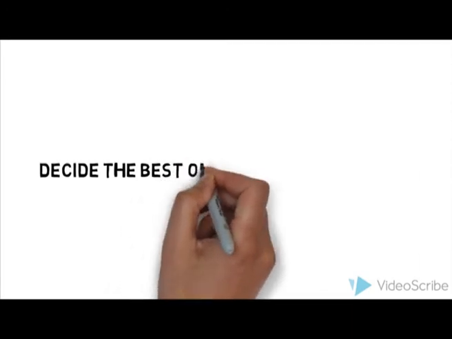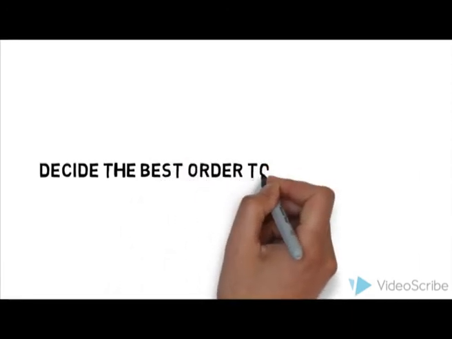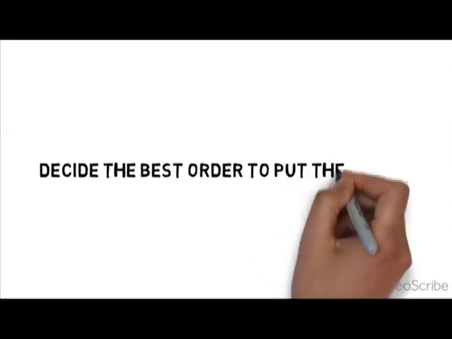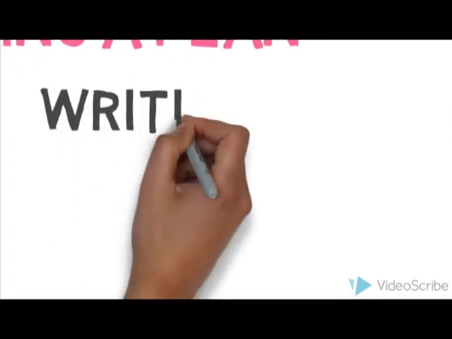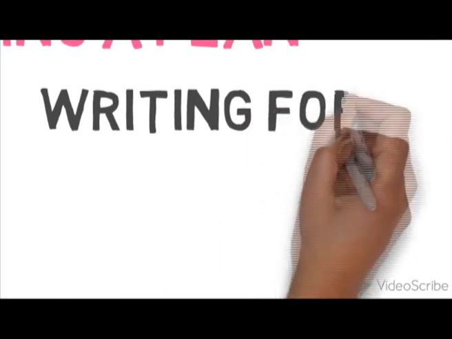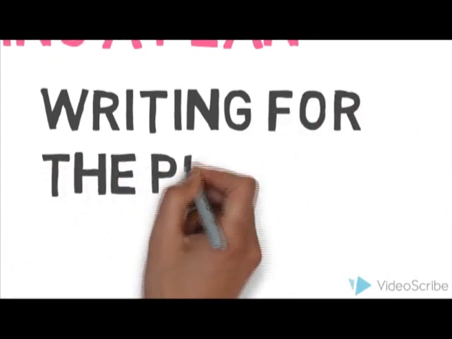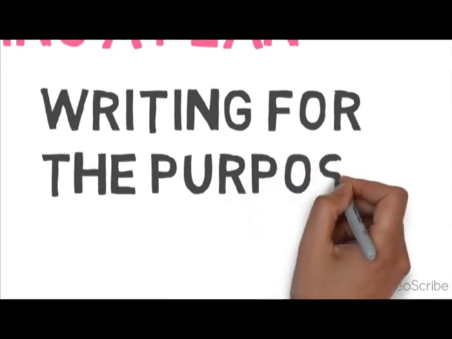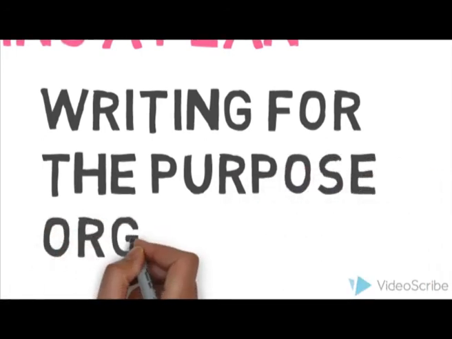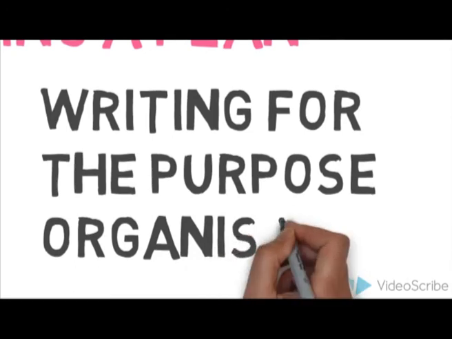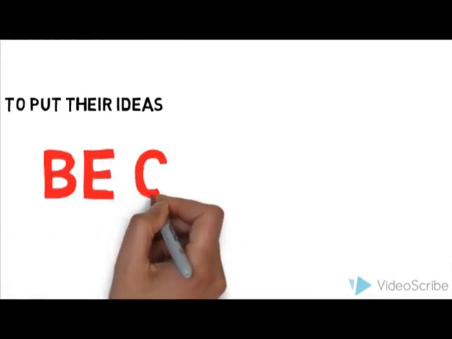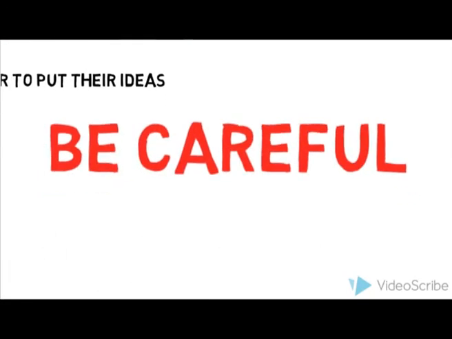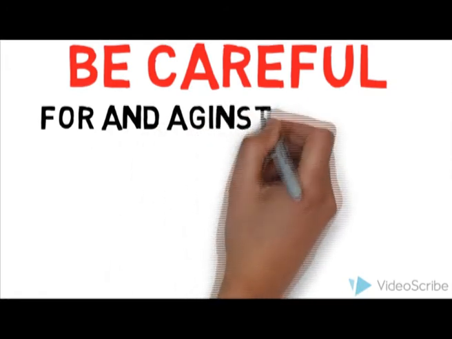Here, students decide what order to put their ideas in and how best to present the information. To help create an overall design of the text, students have to make crucial decisions. For example, who they are writing for, the purpose, and the organization of the piece of writing. So, you as a teacher can suggest some ways to do that.